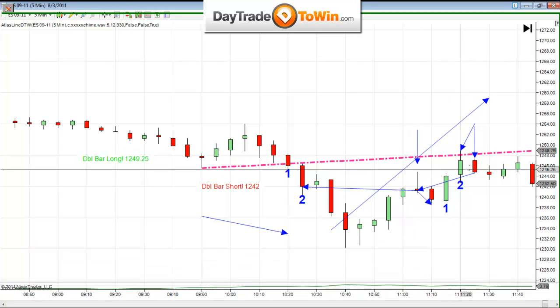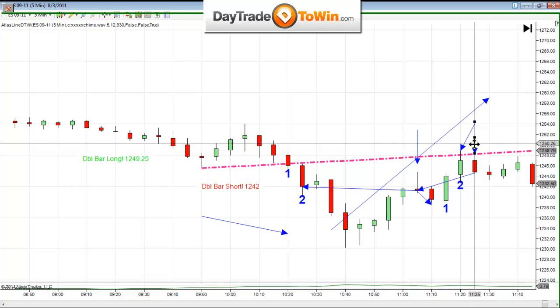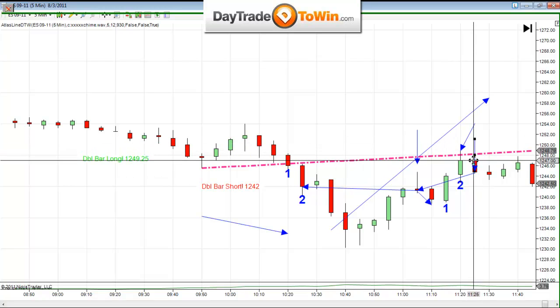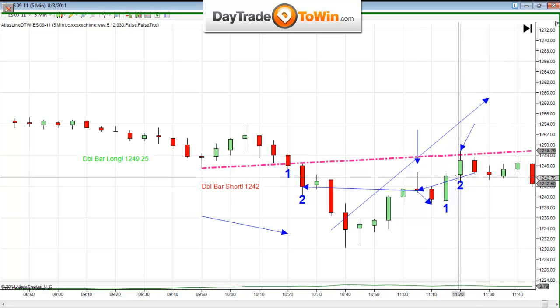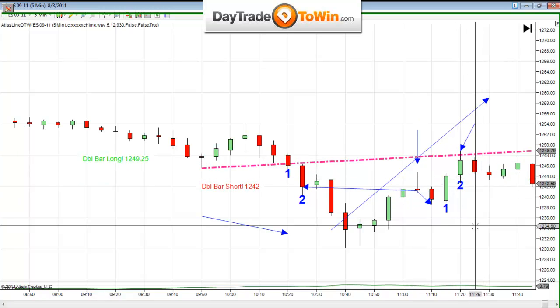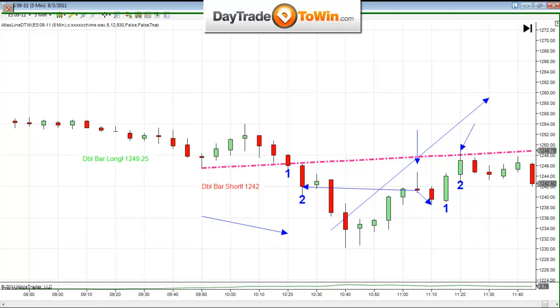Exactly, Finley. This trade is not taken as a pullback because this is a higher entry than your previous Atlas line pullback trade. And so in order for us to recognize that price is continuing to go down and down and down, we always have to enter lower and lower and lower. All right? Anybody have any questions on that?